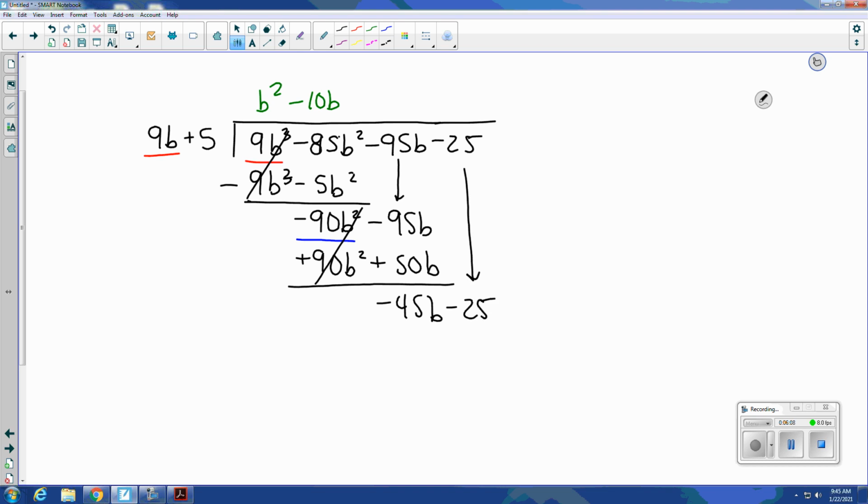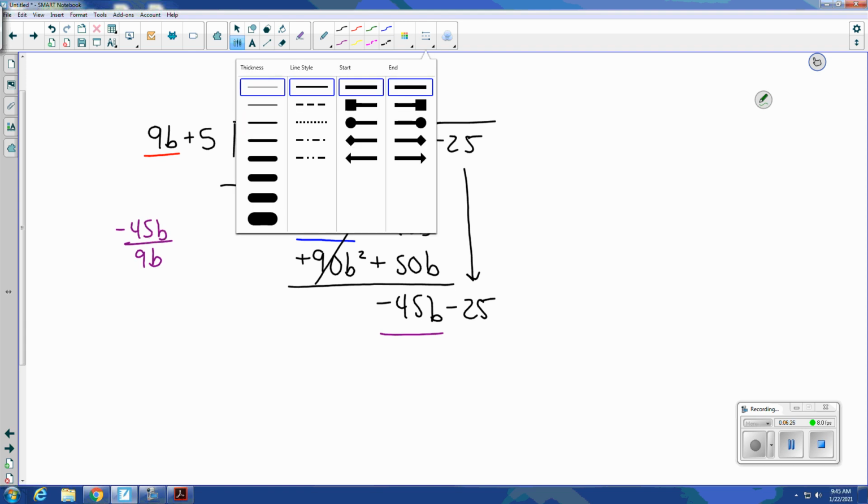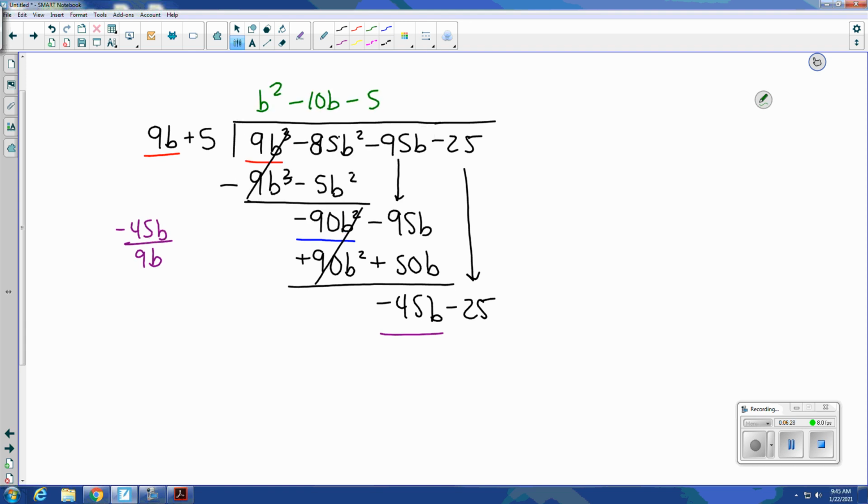Again, once you've brought down a term, repeat the process. You have your new leading term that you're going to use to get the next value in the quotient. So how many times does 9b go into negative 45b? Or what is negative 45b over 9b? You're going to see that that is negative 5. Once we have that term in the quotient, we're going to multiply that by the divisor to get our next line. And that will get us negative 45b